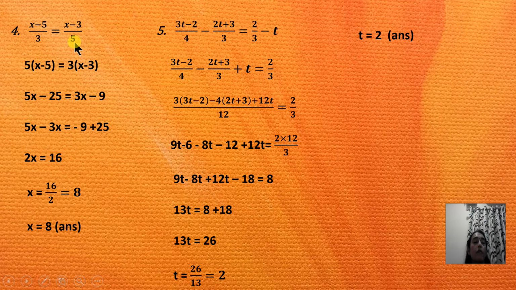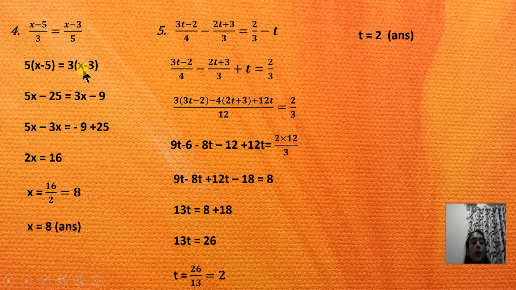So when we cross multiply, it will be 5 into x minus 5, which is equal to 3 into x minus 3. We open the bracket. When you open the bracket, it means this 5 is multiplied with x also and it is multiplied with minus 5 too. So 5 into x is 5x, minus 25,